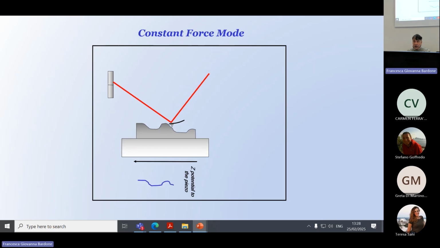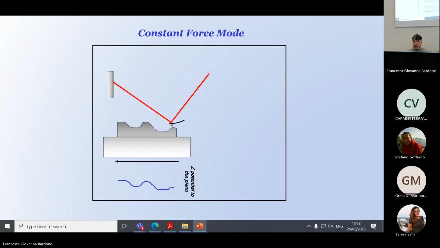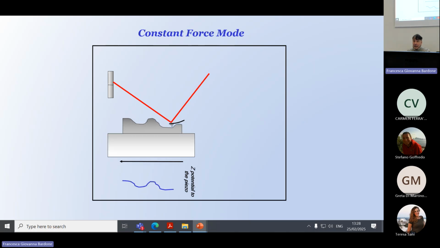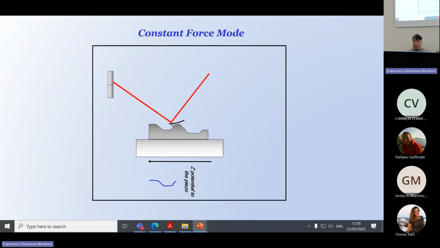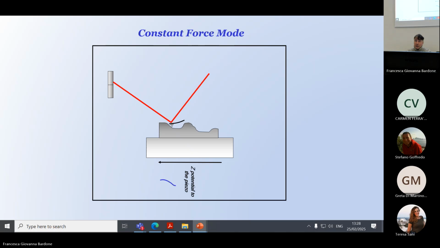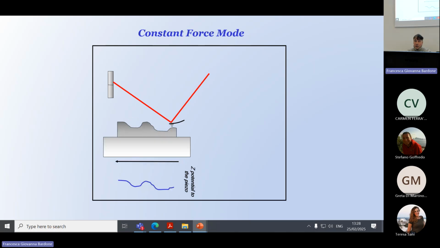Look at the simulation, look at the laser. The cantilever never bends, it keeps the same bending. So you are working at a constant force. You only have to rise up or lower down your specimen,